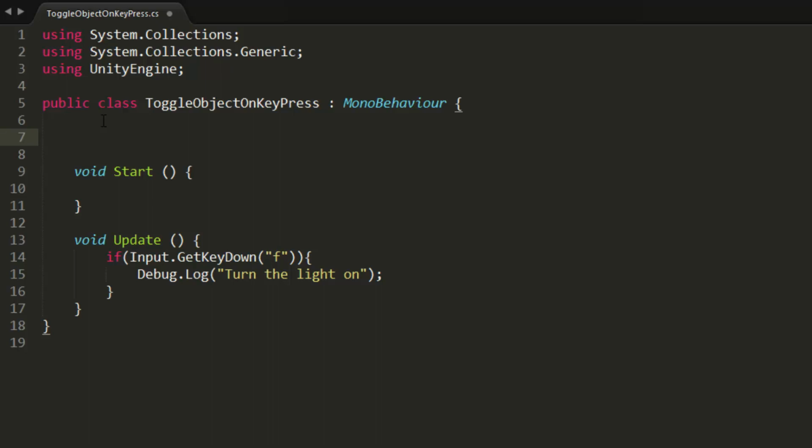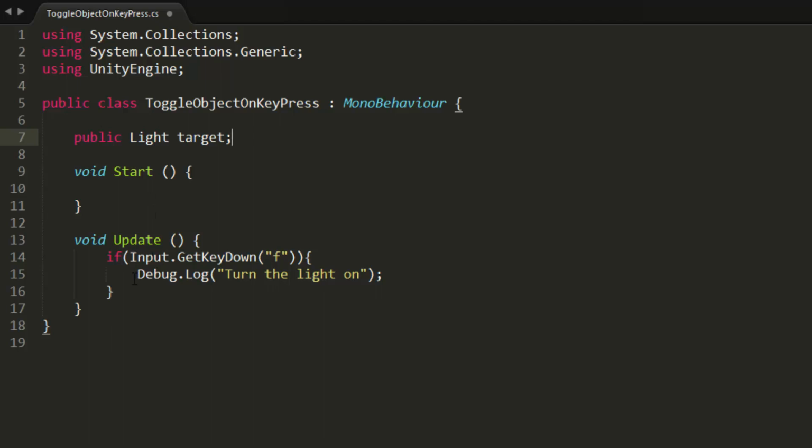We're going to create a variable for this, a class variable. It's going to be public because we want it to show up in the editor. It's going to be of type light and then give it a name. I could give it, for instance, the name flashlight or something like that, but I'm actually just going to say target. I'm making it more generic because later you'll see that I'm going to use this for any object, maybe not just a flashlight. So whatever the target is will be able to be turned on and off.